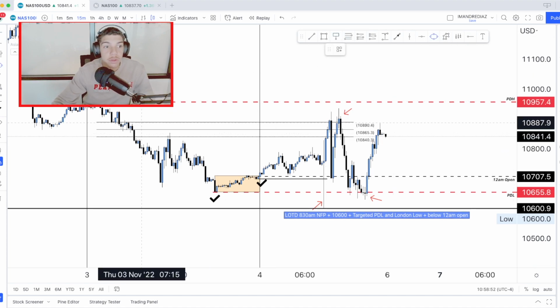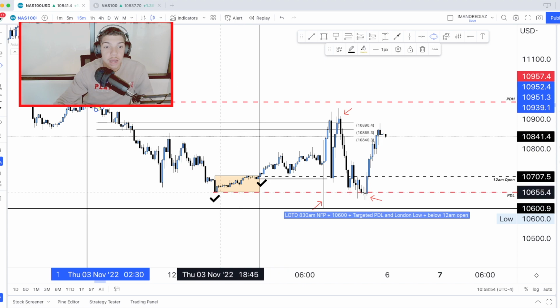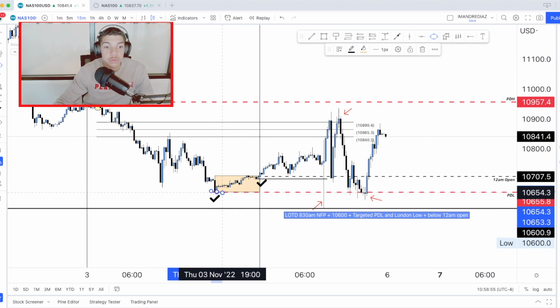And if you don't know where I pulled that fib, I simply pulled the fib from the previous day's high to the previous day's low. And the reason I was a little bit confused